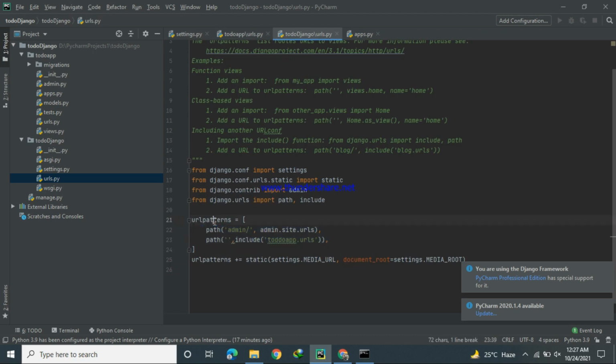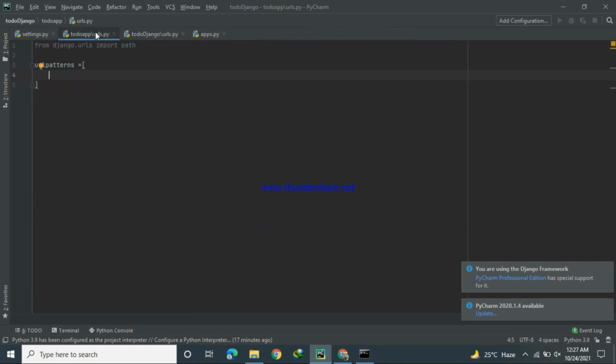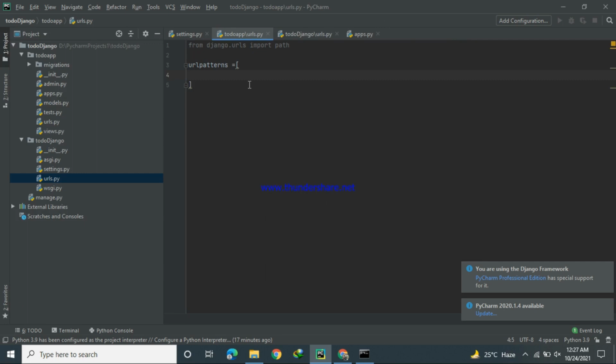Okay, so urlpatterns are path, a function from views.home. For example, I will create this function in the views.py file.